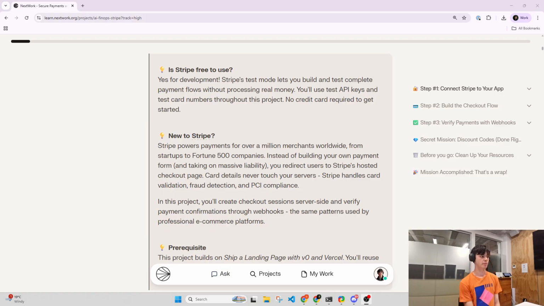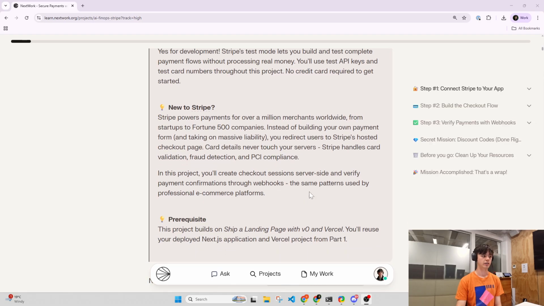Stripe powers payments for over 1 million merchants worldwide, from startups to Fortune 500 companies. Instead of building your own payment form and taking on massive liability, you direct users to Stripe's hosted checkout page. Card details never touch your servers. Stripe handles card validation, fraud detection, and PCI compliance. In this project, you'll create checkout sessions server-side, and verify payment confirmations through webhooks, the same patterns used by professional